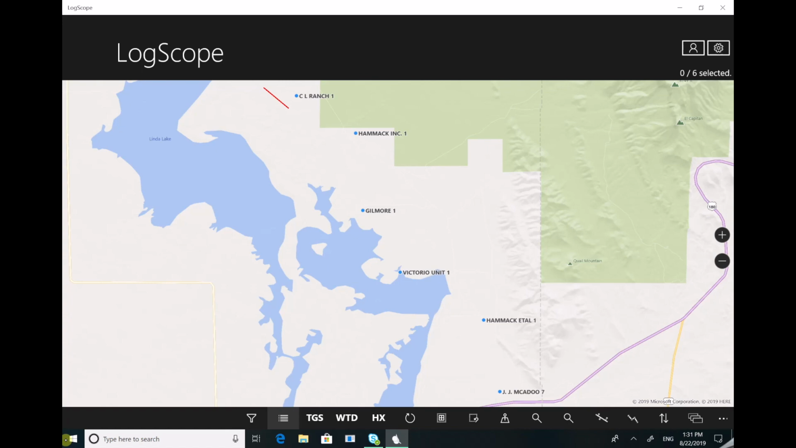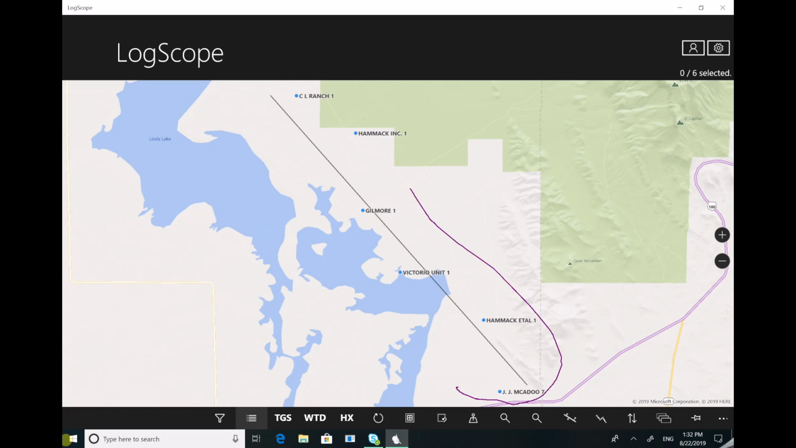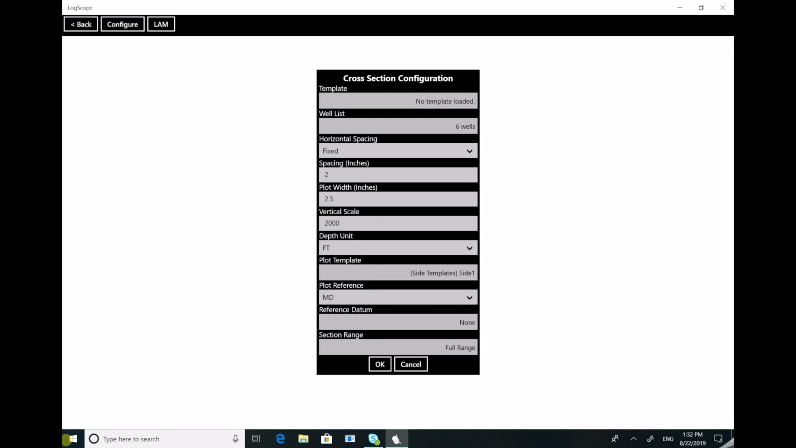We want the cross-section north on the left, south on the right, and we then circle the wells, which is done by just drawing a lasso around all the wells, and it will do a basic projection cross-section into the line that we've drawn. The next step is that we just hit the cross-section button,